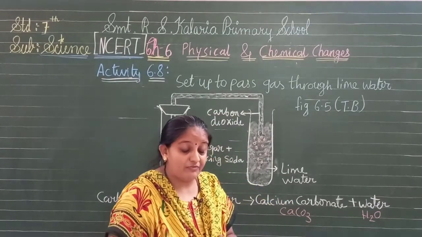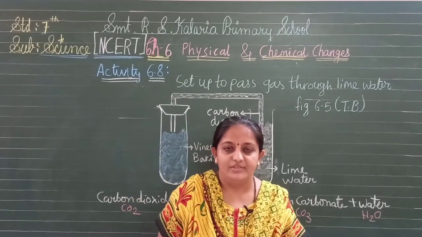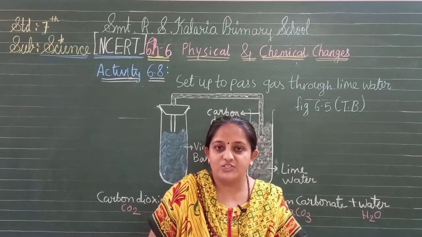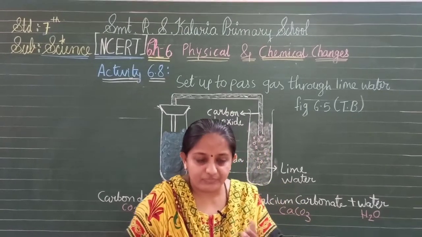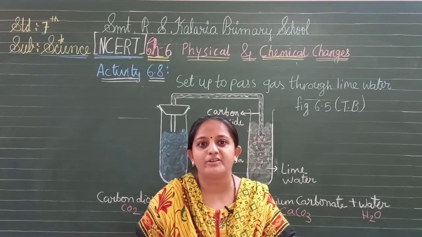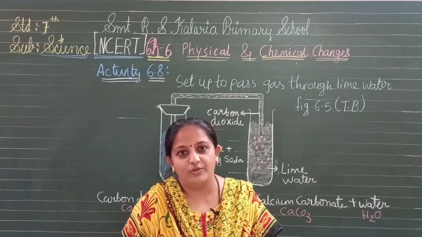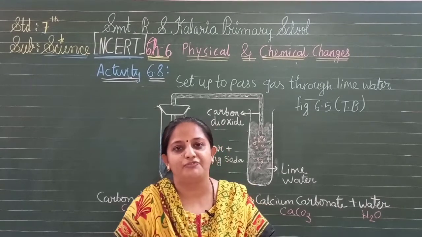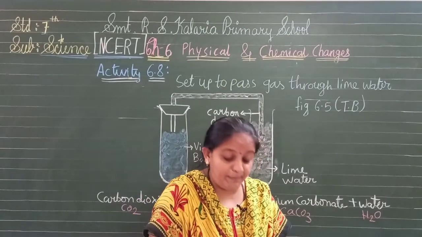Now, chemical changes are very important in our life. The very best example we can say, isn't it? Which is the very best example? Digestion in humans. The process by which food is digested in humans is a chemical change. The second we can say is photosynthesis. Green plants prepare food by capturing solar energy in the presence of sun, water and chlorophyll. So it prepares its food, it synthesizes. It is also another example of a chemical change, that is photosynthesis. The second we can say is ripening of fruits.